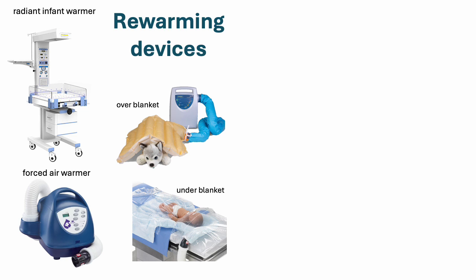Just to know that the forced air warmer very well might have an over blanket, so we're used to that in the emergency department, not just used in medical science but also in veterinary science as well. Under blankets also do come with the forced air warmer devices to be used in ICU and theatre